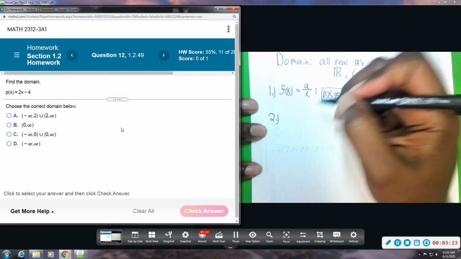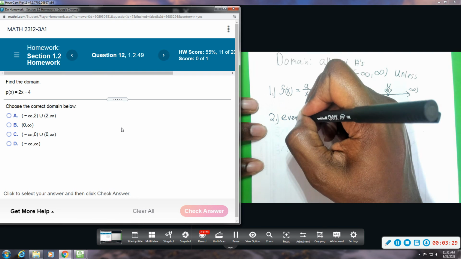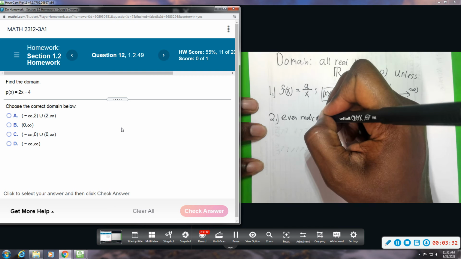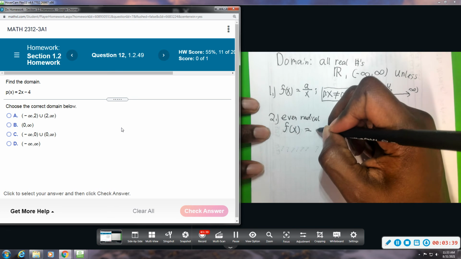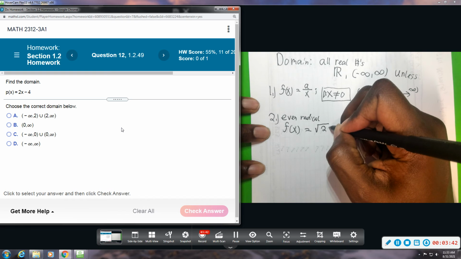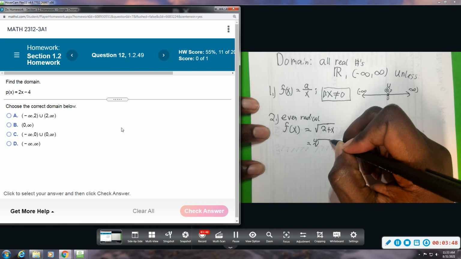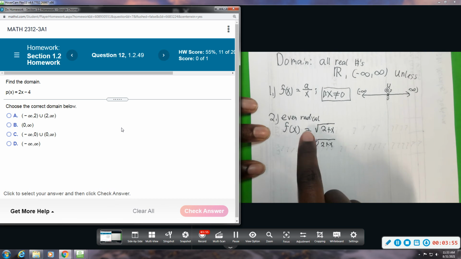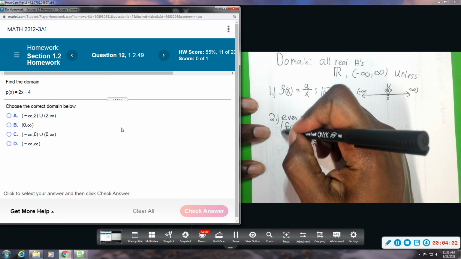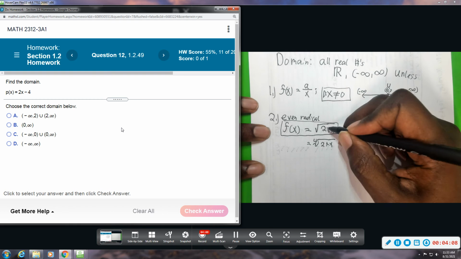All right, second scenario is if you have an even root, even radical. So for example, if I have f of x equals, it could be square root of 2 plus x. It could be a fourth root of 2 plus x. It could be any even number in that radical. So that means odd numbers, this does not affect, only even. If you have this scenario here, this is what I'm going to focus on. Under a square root, the restriction is whatever is under the square root. So in this case,